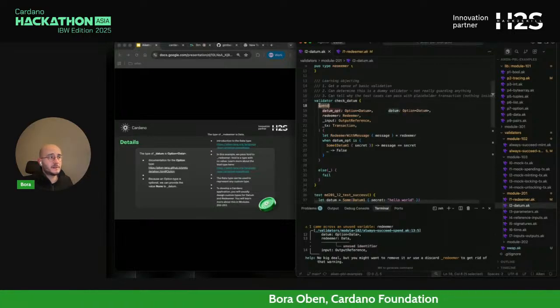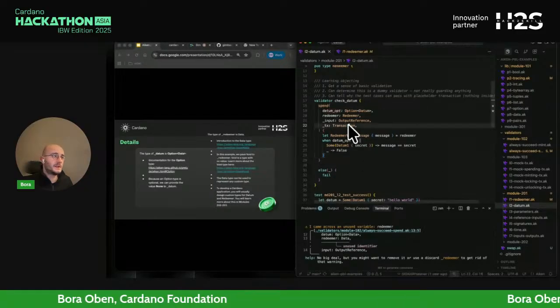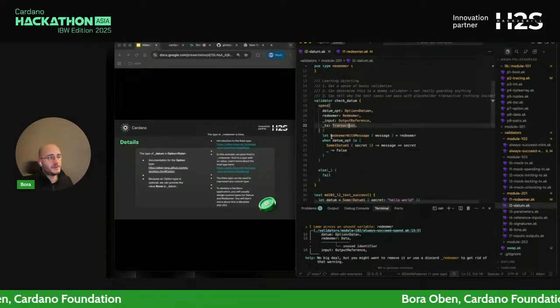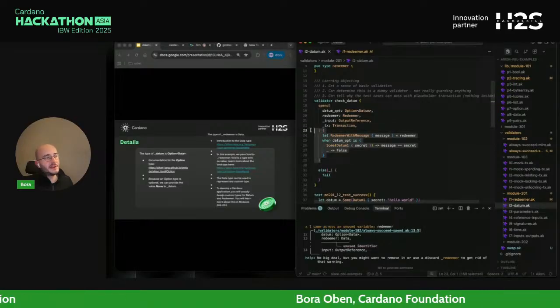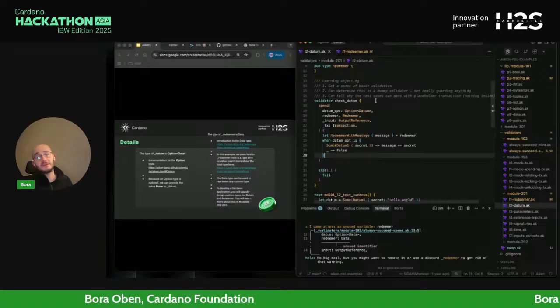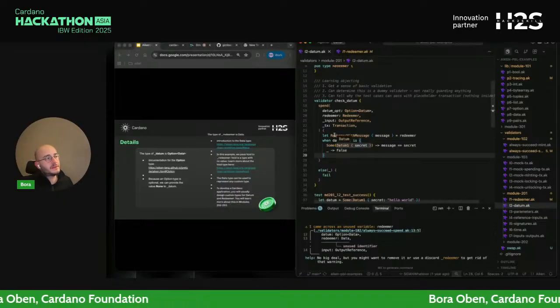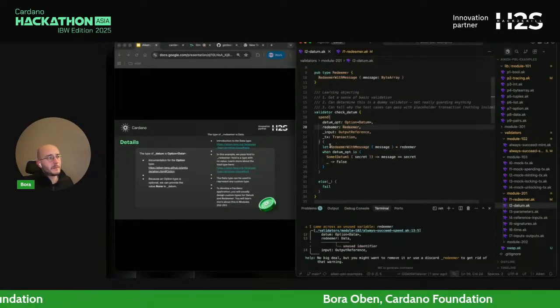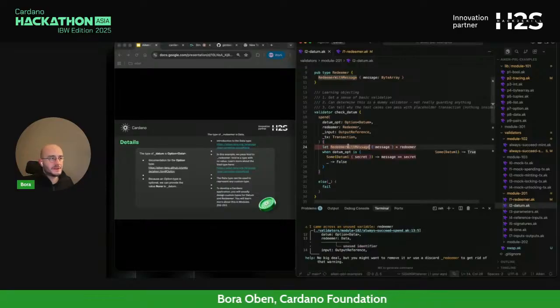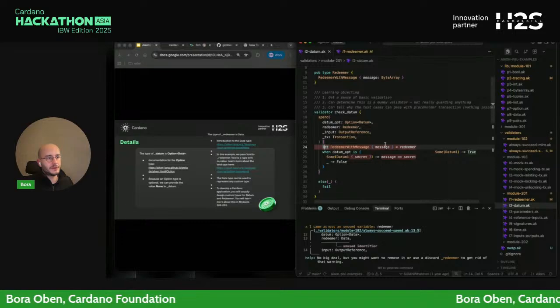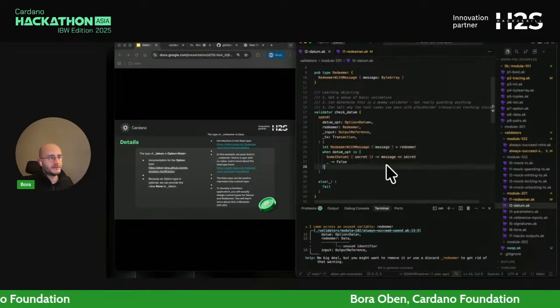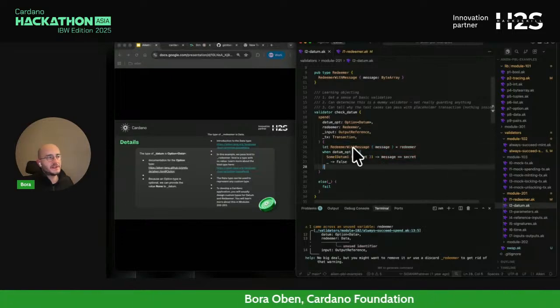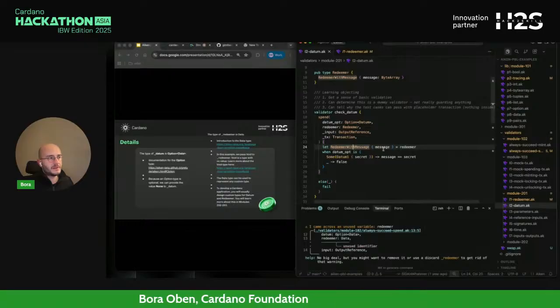Its purpose is to spend a UTXO that is residing under its address and check if it is an allowed one. And the way it would be allowed is if this would evaluate to true for a given transaction. So what's happening here, let's take a look, is there is a redeemer with message. So this let is building upon the on-chain logic you're going to be enforcing, right? It is saying that there will be a redeemer with a message.